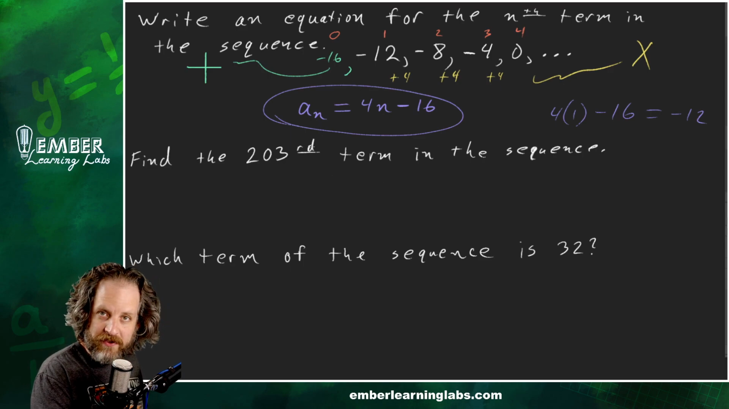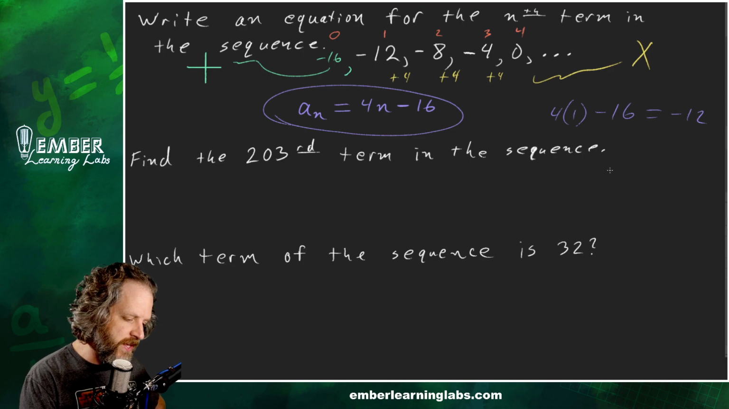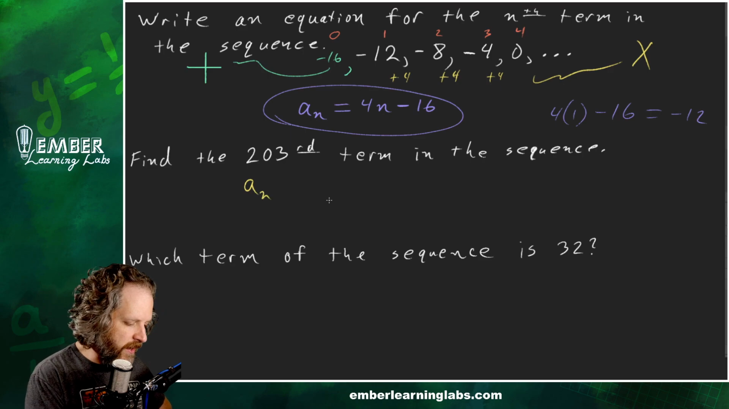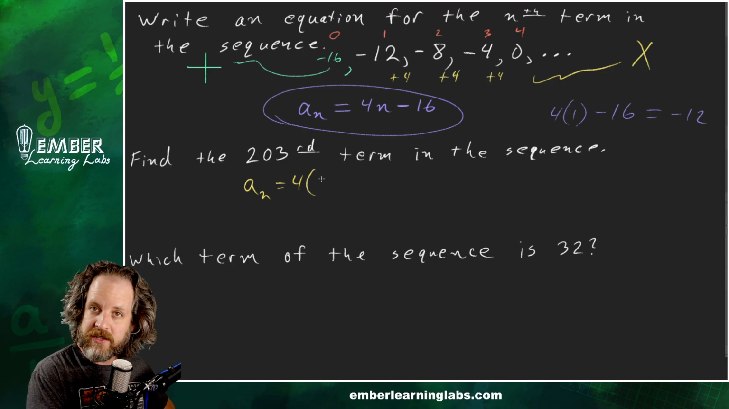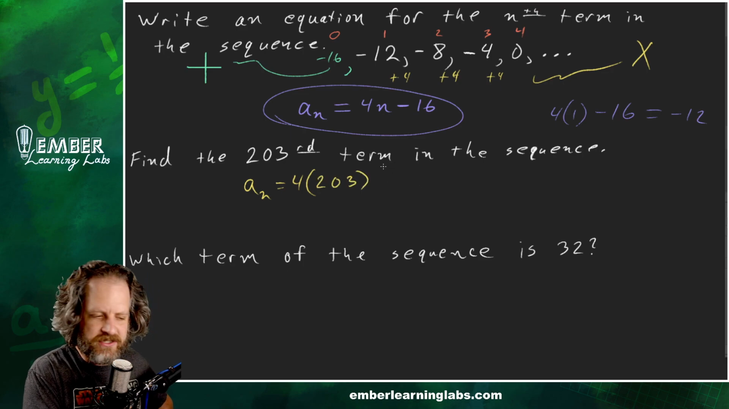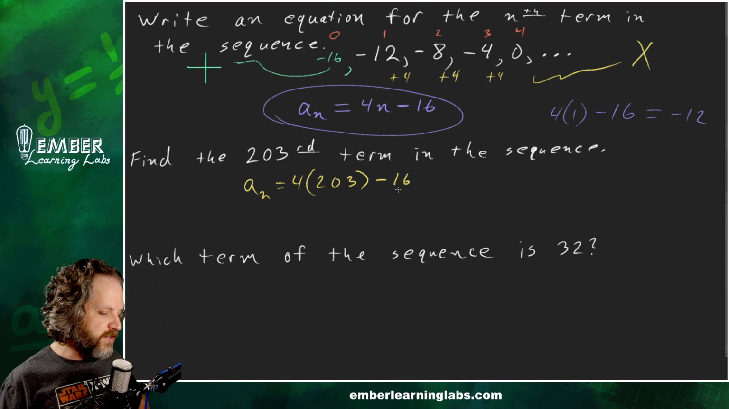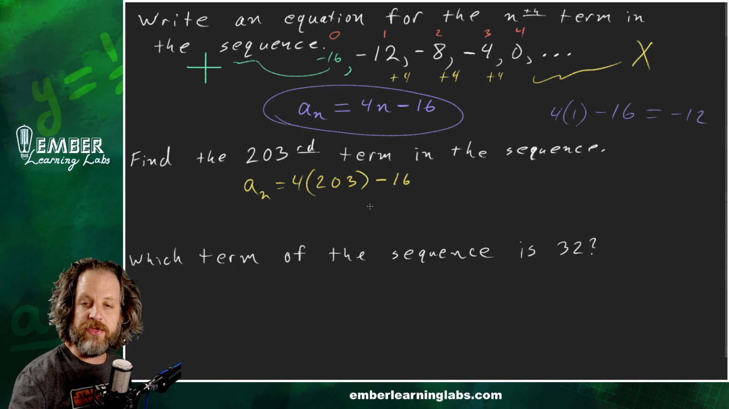if we just found the equation in part A, we're going to use that to find the 203rd. So the value of the term is 4 times, and then we're going to substitute the 203 in there. We use that property a lot, right? That substitution property where we substitute something in where it goes. So 4 times 203 is